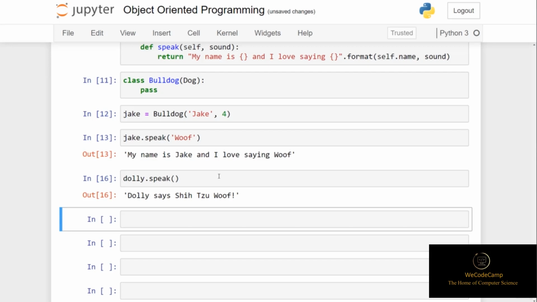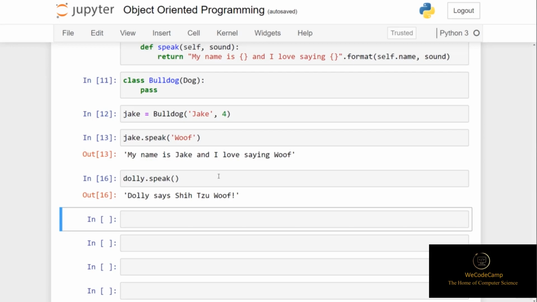Now sometimes completely overriding a method from a parent class makes sense. That may be what you want to do. But let's suppose in this instance, every time we call the speak method, we want the structure and the format of the sentence to be the same for each instance of the dog class. And by changing the dog class's speak method, we may want this to propagate to all of its child classes accordingly. Now to do this, we still need to define a speak method inside of the child class,